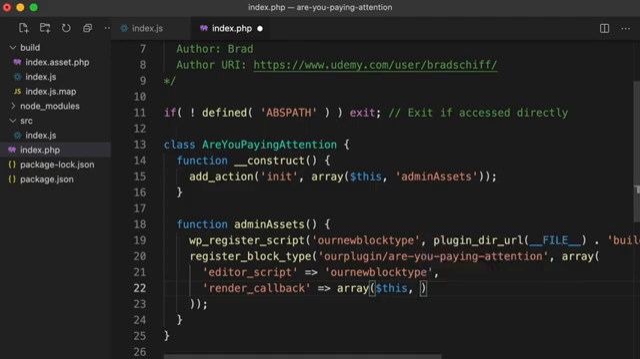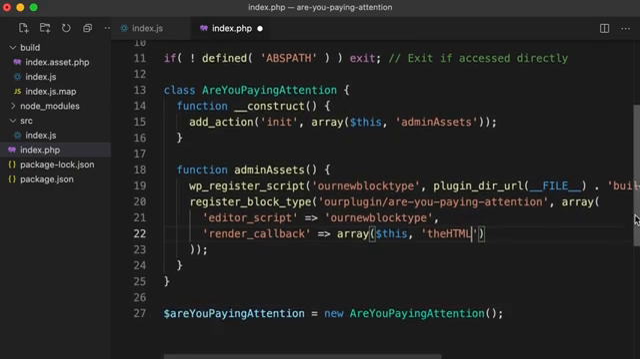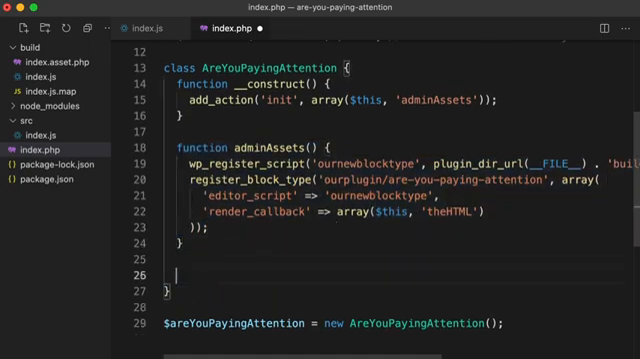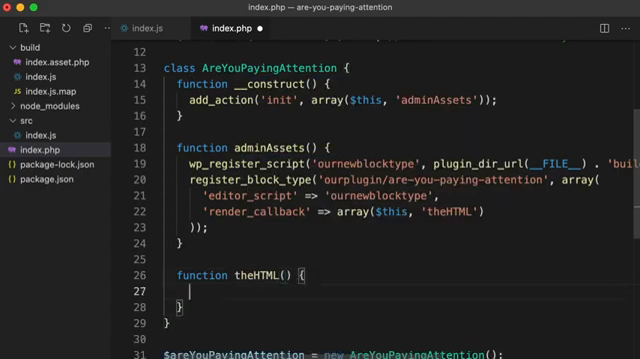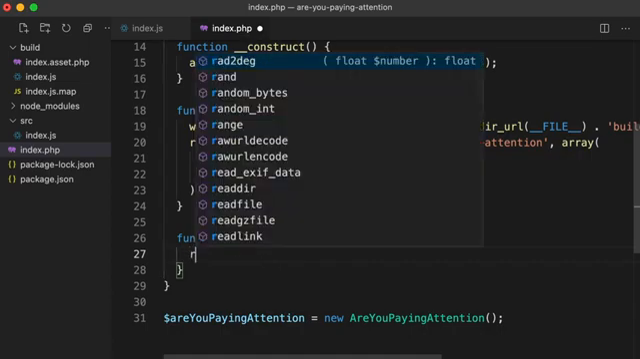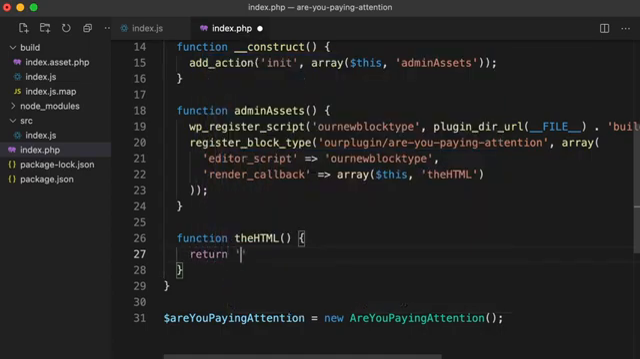And now let's make up a method name. How about we just call it the HTML? Okay, now let's just go create a function with that name, still within our class, but below this function. Let's say function theHTML, parentheses, curly brackets. Inside the body of this new function, we would just want to return a string of text,